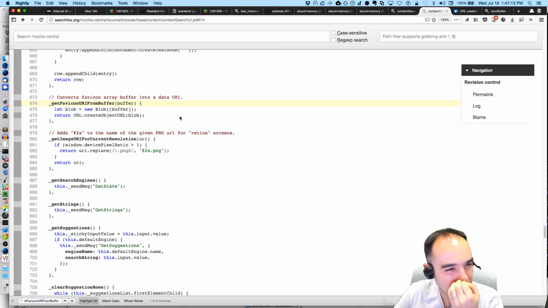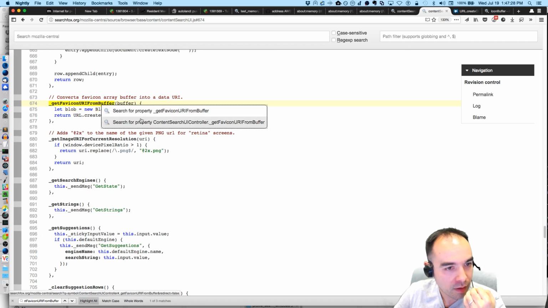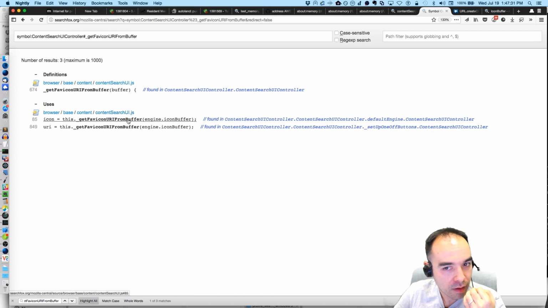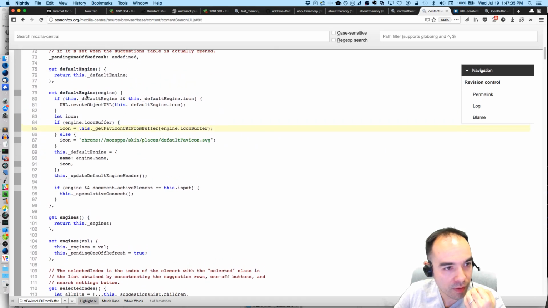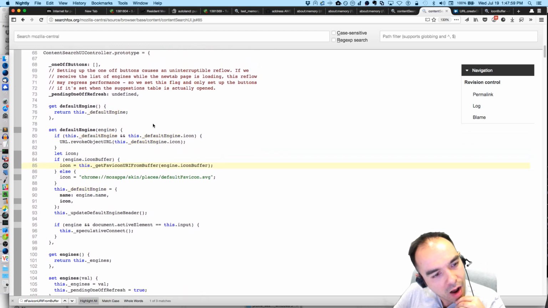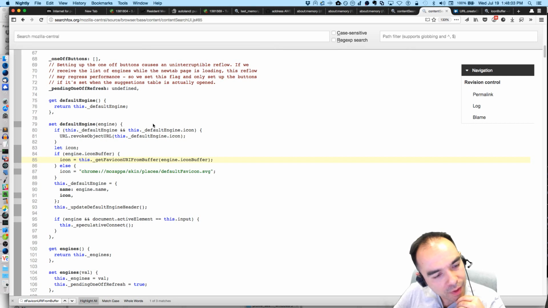Buffer. Because that's what we're using to display the favicons. Okay. We do that when we set the default engine. Now what if the image is never loaded? That icon, what do we do with icon? Icon is this. Then we set the default engine to be that. If we never display the image,